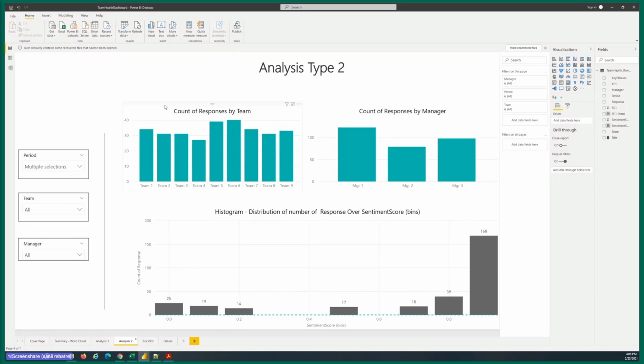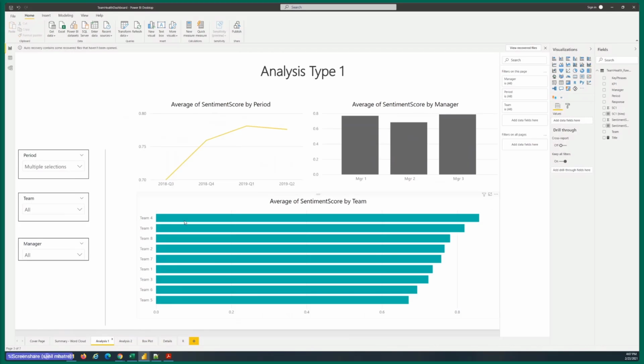This is a very important dimension to make a note of, because you might want to check the team that had the highest sentiment score in the previous section. Team 4 had the highest sentiment score and team 5 had the lowest.